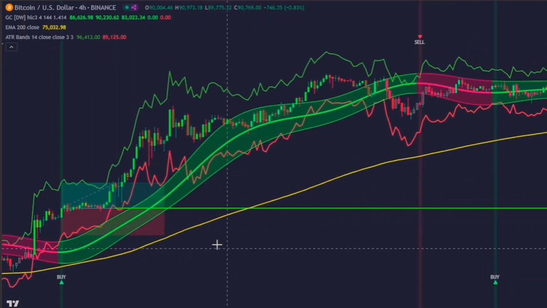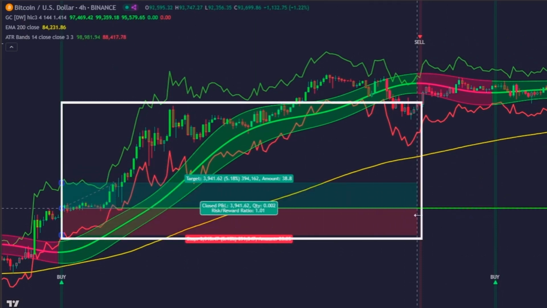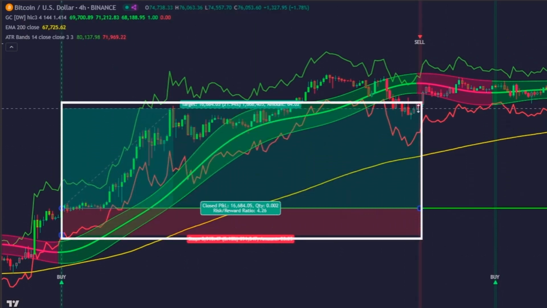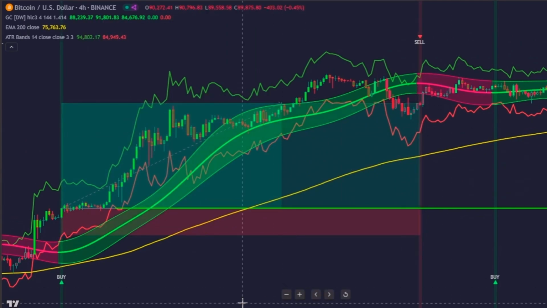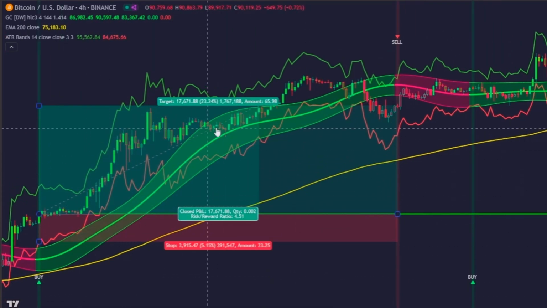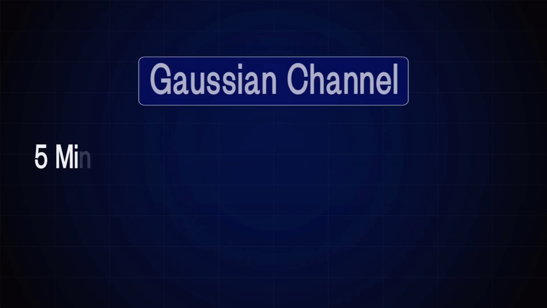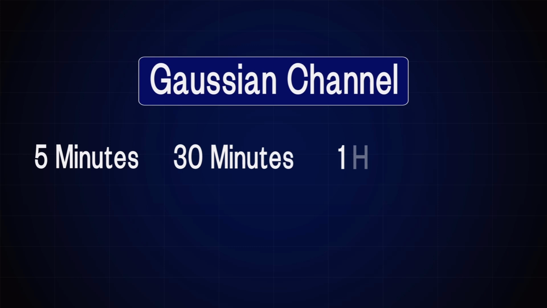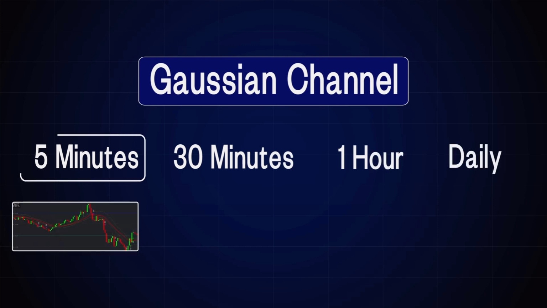Then I will stay on the trade until an opposite signal appears, like in this trade. This ensures that we lock in profits early while also letting winning trades run, which could significantly boost our overall profitability. As for the testing conditions, we'll backtest the Gaussian channel on 4 different time frames: on the 5-minute for